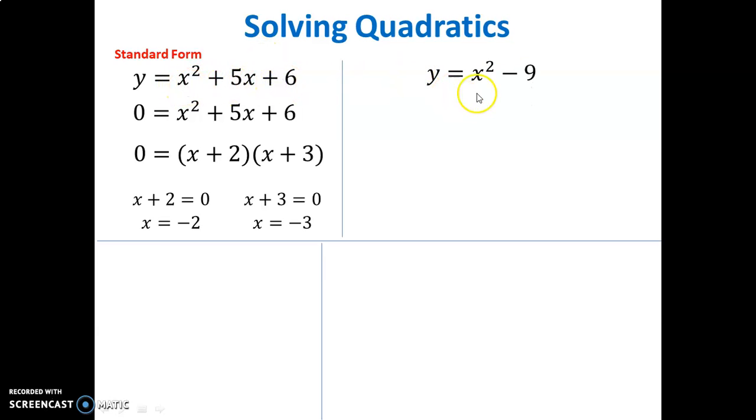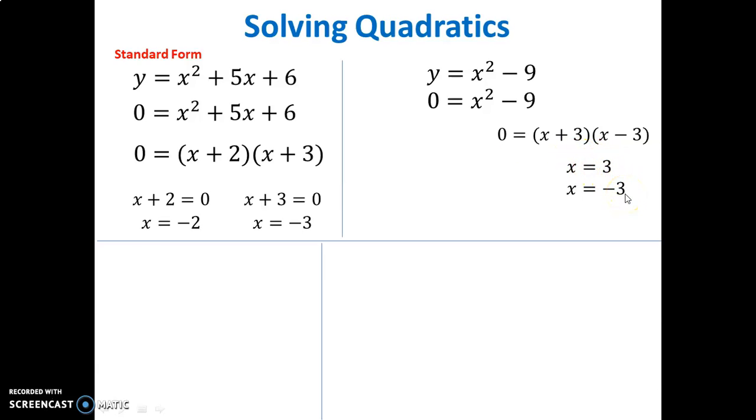Let's look at another one. Let's say we had to solve this one. Again, begin by setting y equal to 0, now you have this. Now this can be factored. Maybe you're thinking it factors like this. This is called a difference of squares and it factors like this. So now we have two factors, set each one equal to 0 and solve and you get two answers, 3